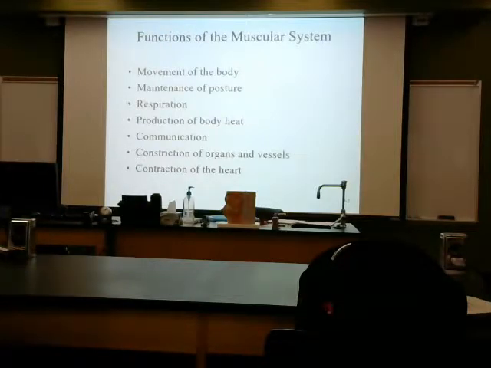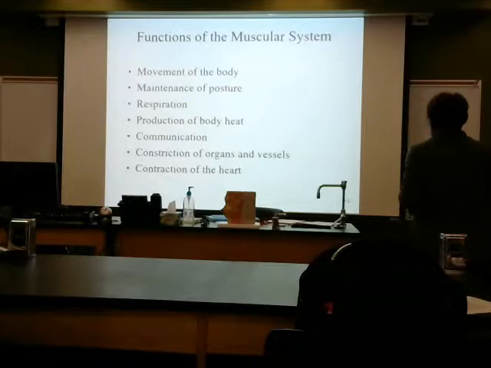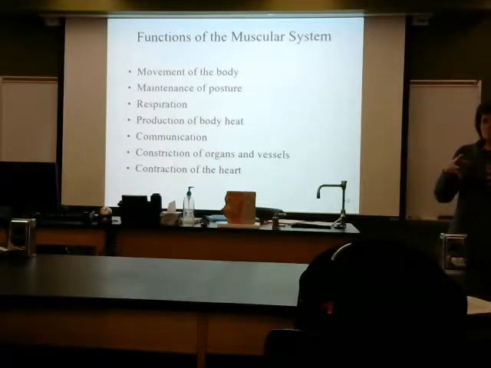There's going to be a combination of some of this unconscious control over controlled skeletal muscle. It's really cool. We need it for the production of body heat, that roughly 98.6,